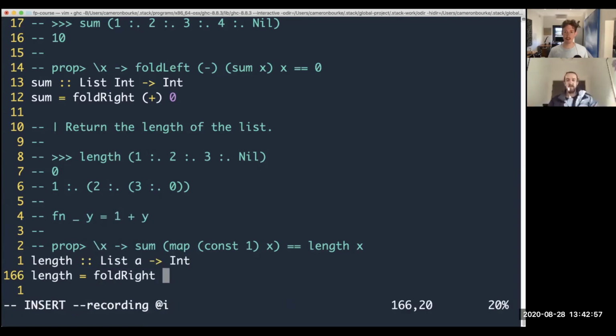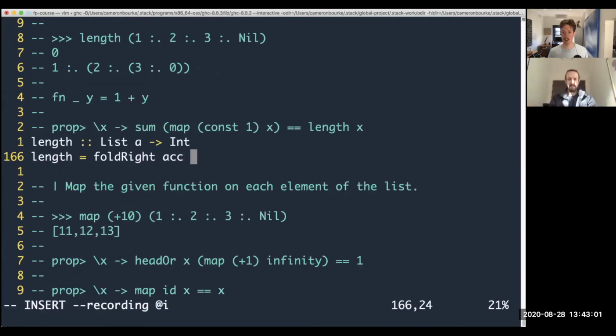So let's try that. Let's say we're going to define a function called accumulate. We'll just put a lambda in there. That's good. We'll say it takes an x and a y, and we'll just leave that for a second. And the initial value is 0. And we said we don't actually. Can I do it like